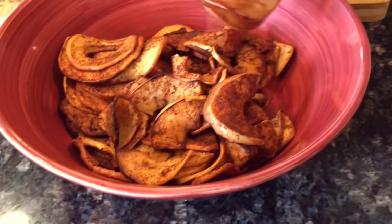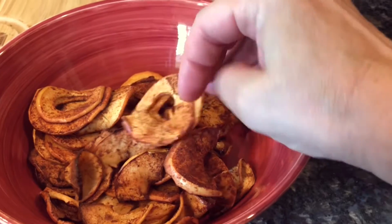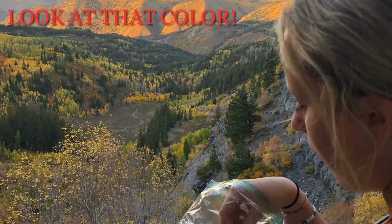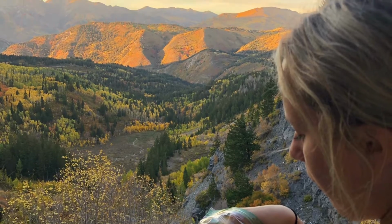In fact, yesterday after we made these, we threw them in a bag and went and hiked in our gorgeous fall leaves. I had to show you our pictures. Look at those